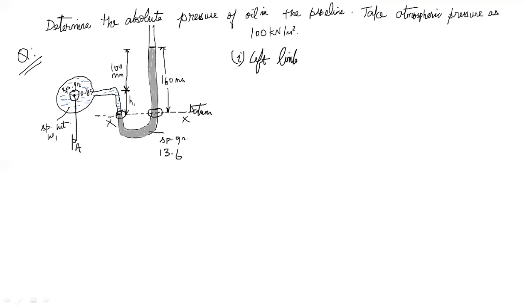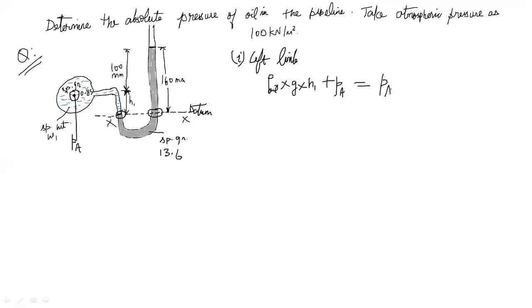When we speak of calculating pressures, just have a look at what is filled above this particular point. So we here have this oil, a column of height H1, and due to this height H1, the pressure is density of oil into g into H1. Rho g h is the pressure. So density of oil into g into H1, plus we have the pressure PA at this point. So the pressure at this point plus the pressure due to this column of height H1 is my total pressure in the left limb of the manometer at datum X.